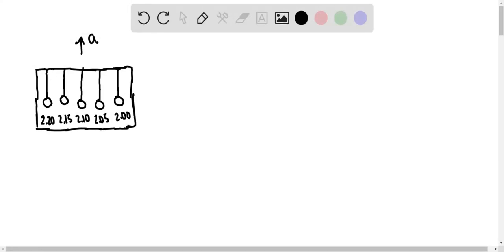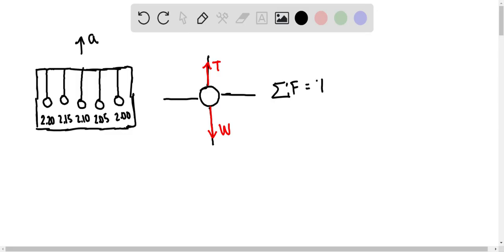Hello there. So, to solve this problem, we first need to draw the forces acting on each of these balls. We know that the only forces acting on this are the tension and the weight. Also, applying Newton's second law, we obtain that the sum of forces is equal to the tension